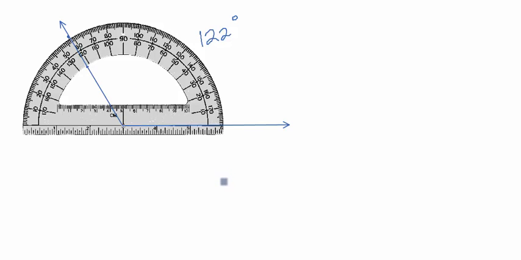And that's how you use a protractor to measure an angle and how to draw an angle. So make sure you check out those videos if you're still not clear about how to do it. You always start counting up from 0 on the side with your ray that's on the bottom, and then count up from 0 the direction that the ray opens up. Okay, so I think that's everything you need for the homework,